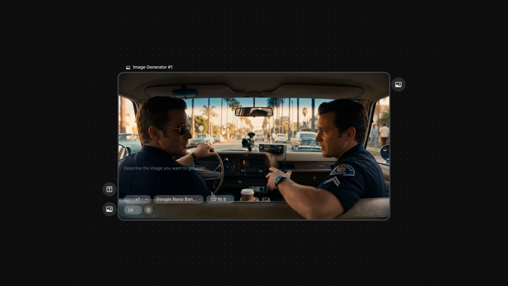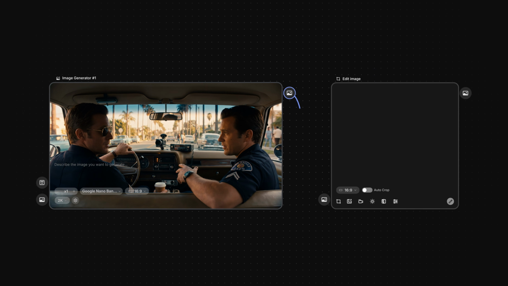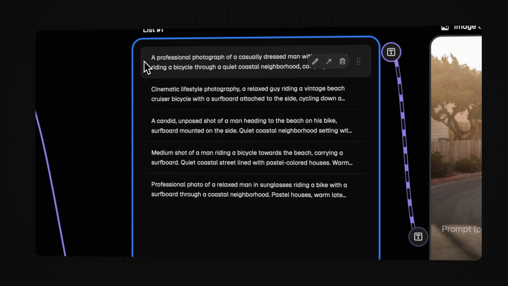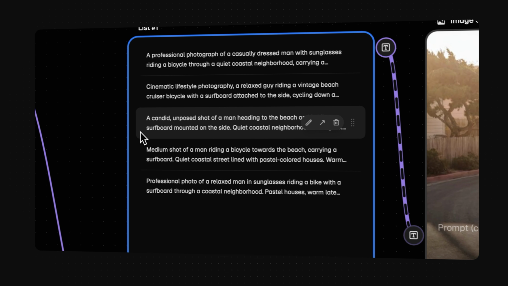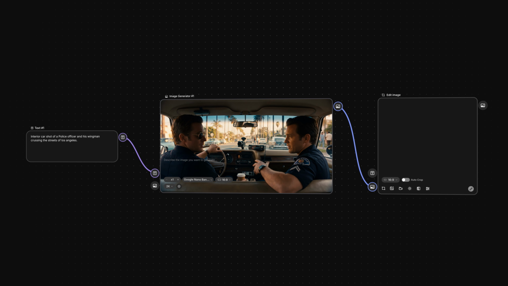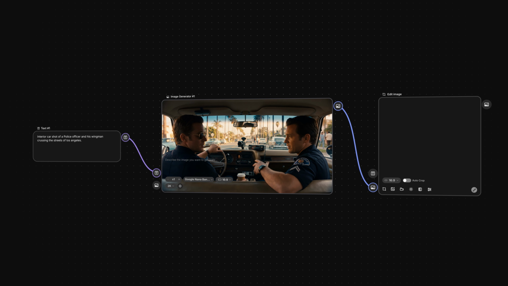In this episode, you'll see how image generation can continue into image editing inside the same workflow. As we've already seen, nodes in Spaces do not follow one fixed order. The sequence depends on your project, your process, and the kind of system you want to build. What matters is understanding what each step can do, so you can decide where it makes the most sense inside